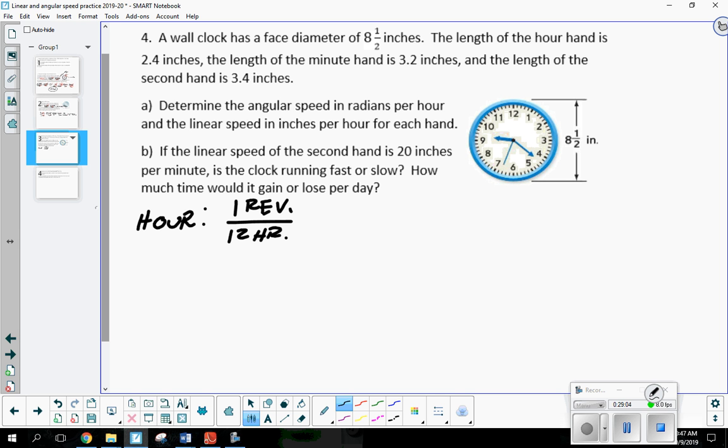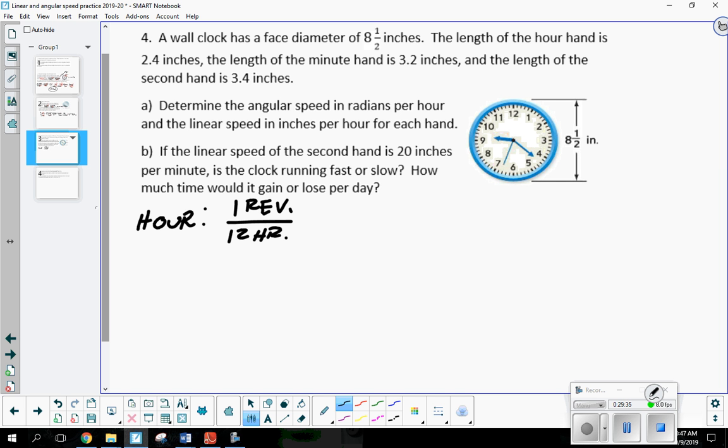Remember, all these hands are moving at different speeds. They represent different measurements of time, so a revolution is going to be different for each of those. I went immediately to hours, because it did say radians per hour. But you could have done that in minutes. One revolution in, what would you have done to go immediately to minutes? 60 times the 12. 12 hours times 60 minutes each. There are all kinds of different ways you could have started, but I thought hours was the easiest.